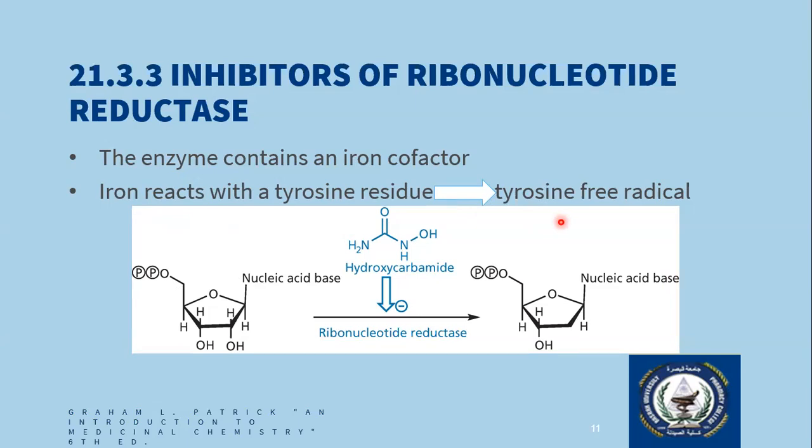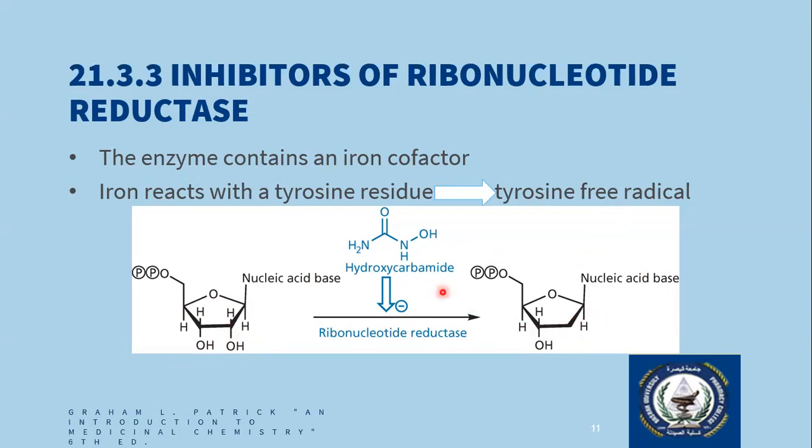We all know that free radicals are unstable. They tend to react with whatever, they just want to react with anything. So iron will stabilize that until the ribonucleoside comes in, then the free radical will interact with the ribonucleoside and form the